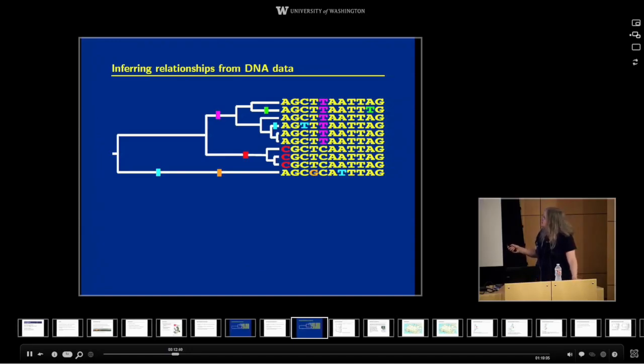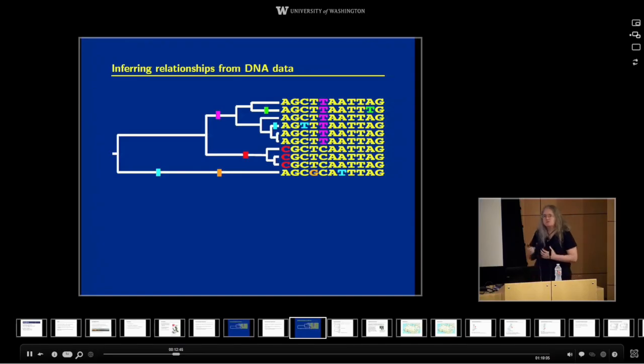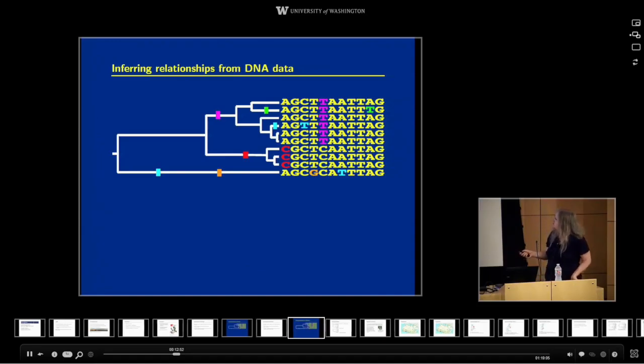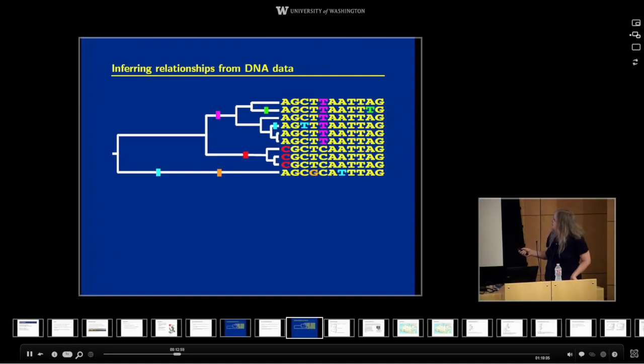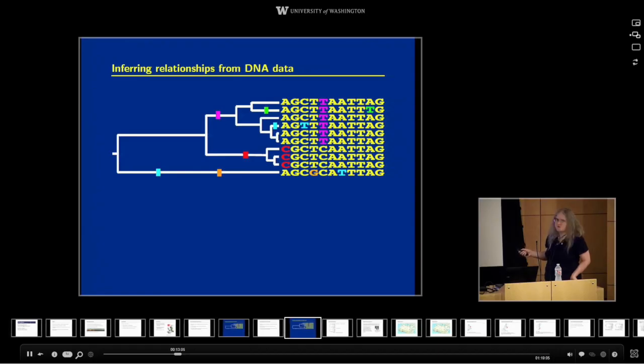Similarly, this T as opposed to C suggests a clustering of the sequences with T together and with C together. You could represent these clusterings by drawing an evolutionary tree showing how the sequences are related. One possible evolutionary tree is shown on this side. It says, for example, that these 2 sequences are closely related and they're part of a larger group that also includes these up here. The mutation to that T could have occurred on this branch and been inherited by all